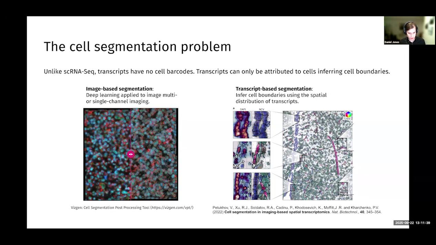But recently, with the spatial transcriptomics data, there's been an exploration of the idea of using the transcript data itself to try to do segmentation. And this potentially has some advantages, because the image-based segmentation is done without any knowledge of the transcript data, but with the ultimate objective of assigning the transcript data. So if we actually had the transcript data, we might be able to tell something we can't quite tell from